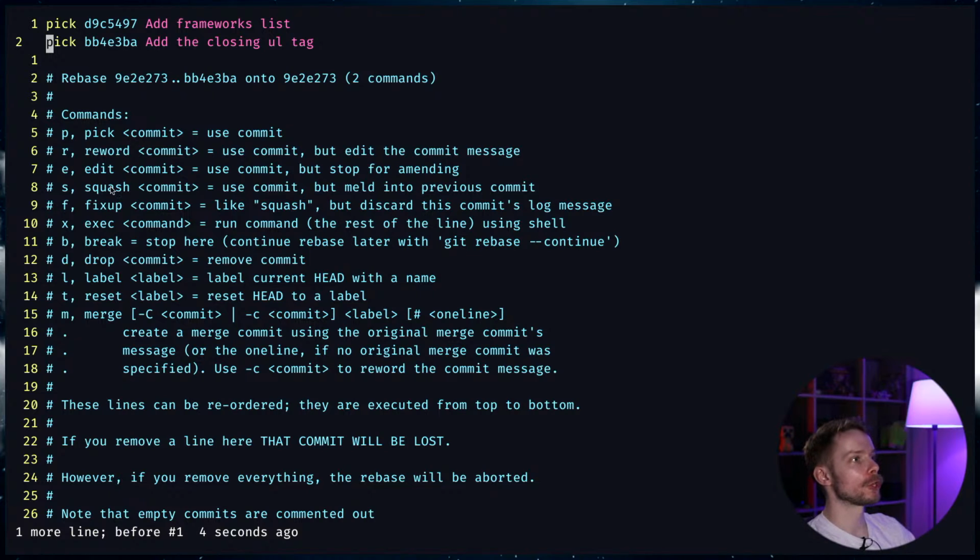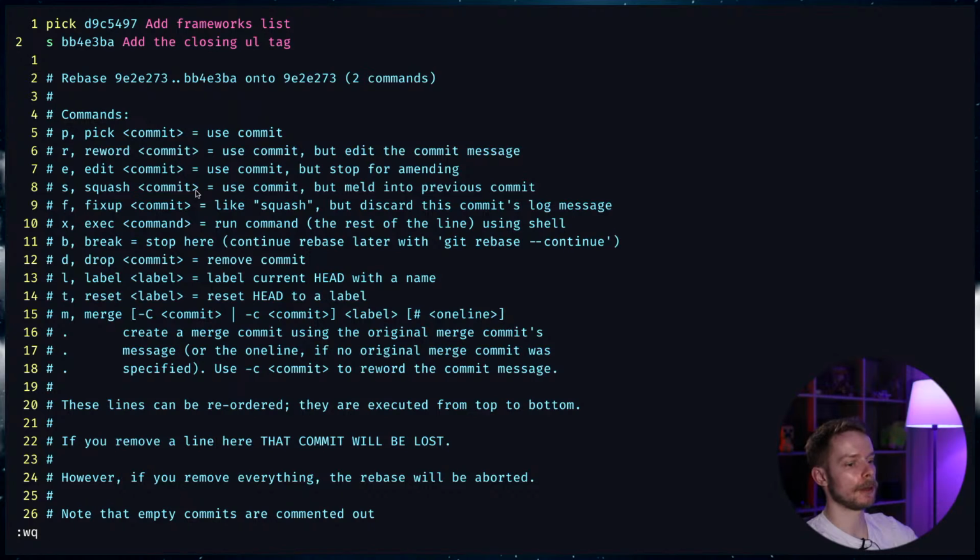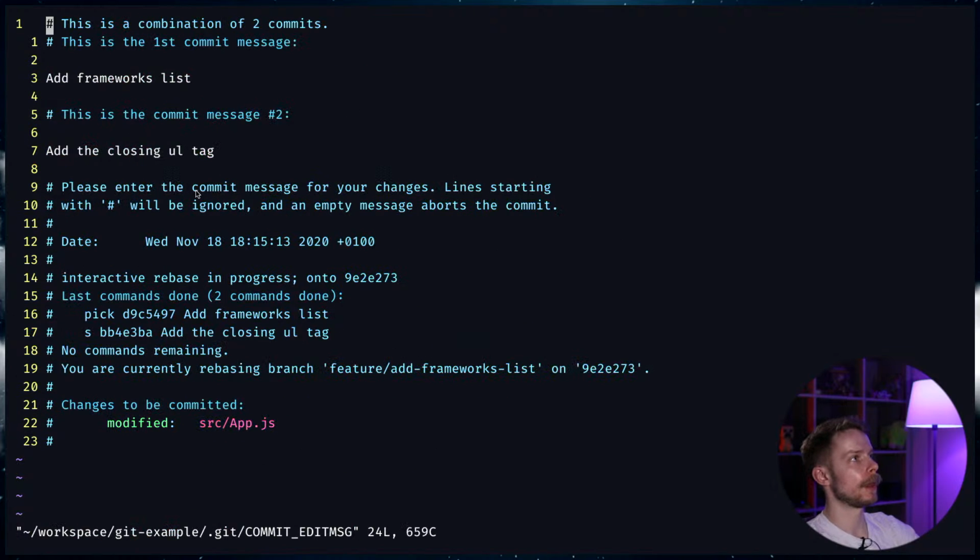We want to squash. It means that we keep the changes, but instead of keeping them in a separate commit, we merge them to the previous one. So let's say at the closing UL tag, I actually want to squash it with the frameworks list. Then I just write the changes, because this is an instance of Vim editor, and I just need to edit this thing, save it, and then